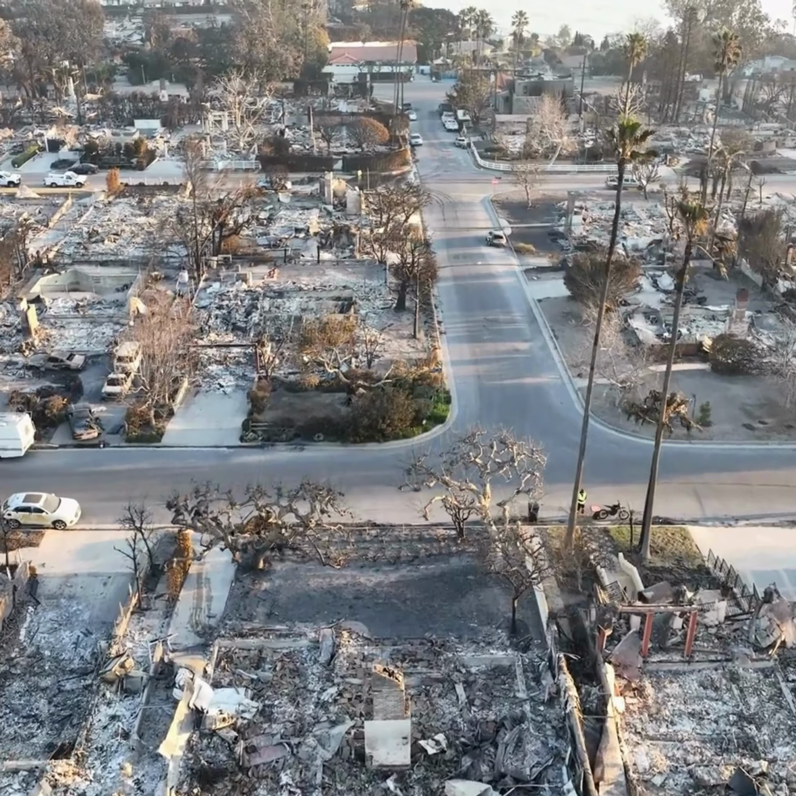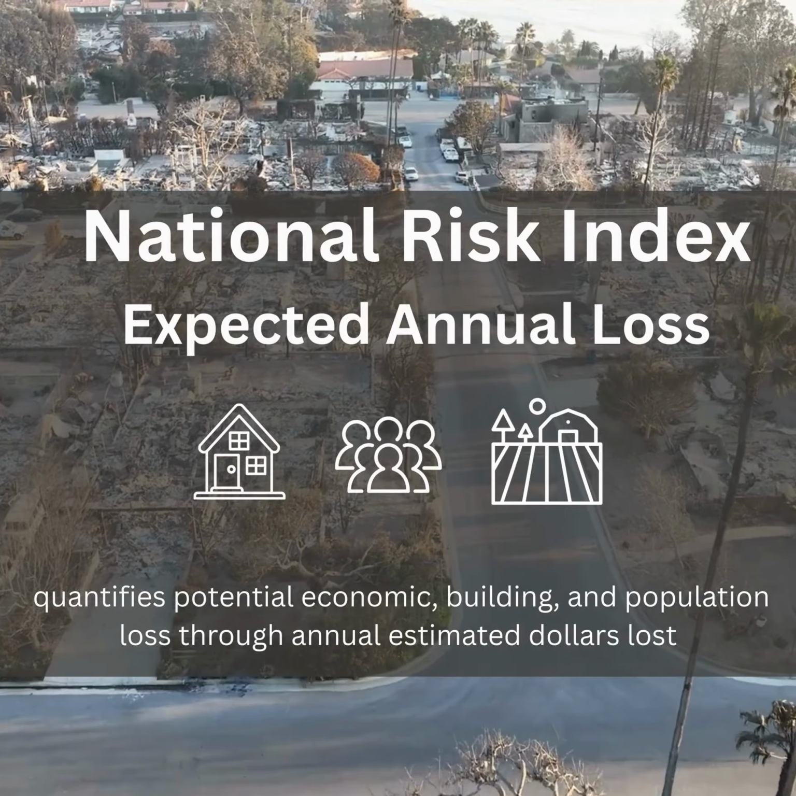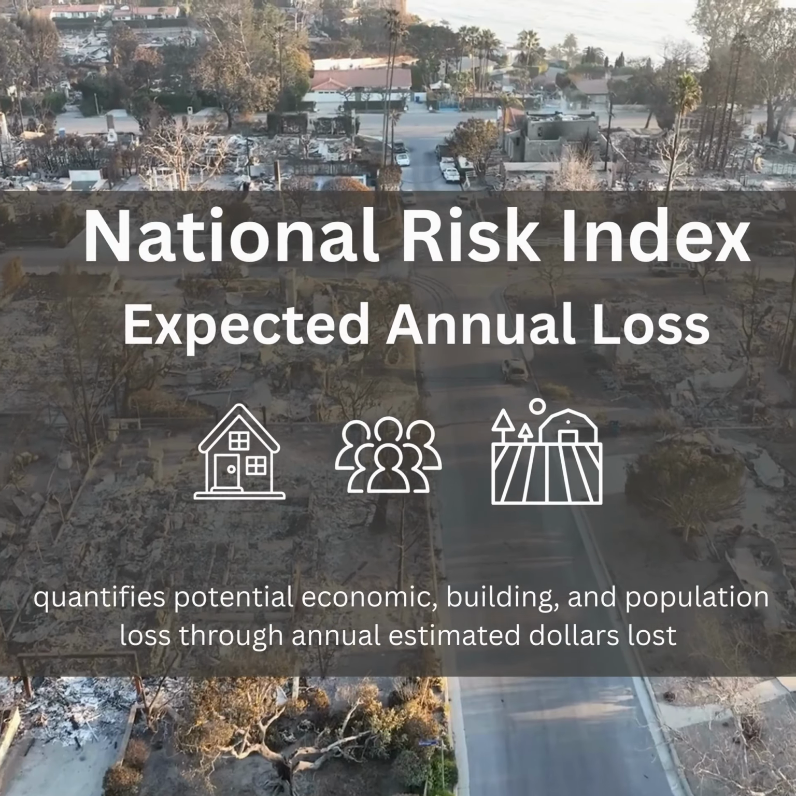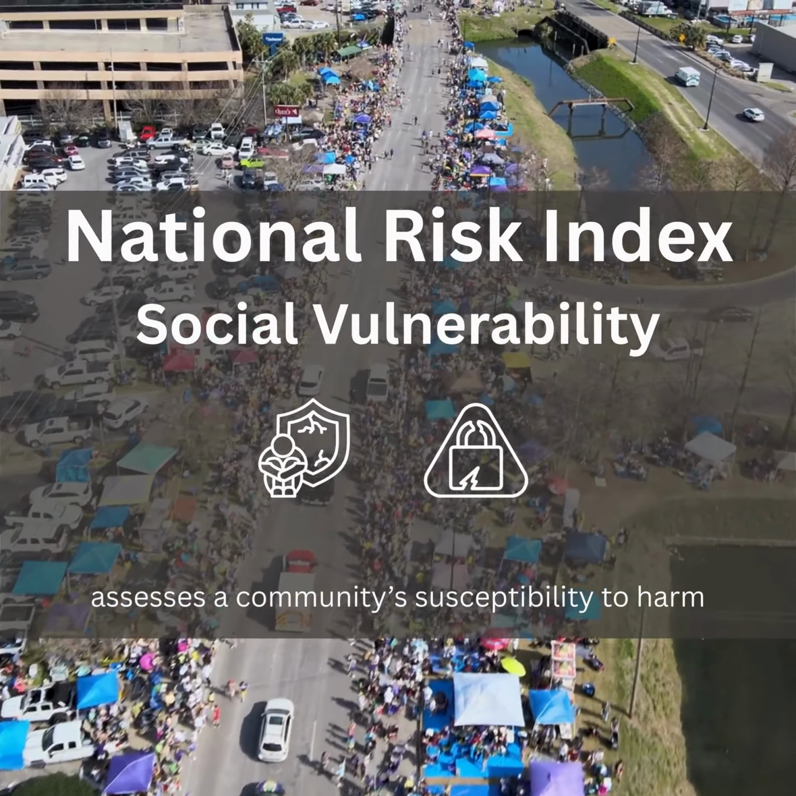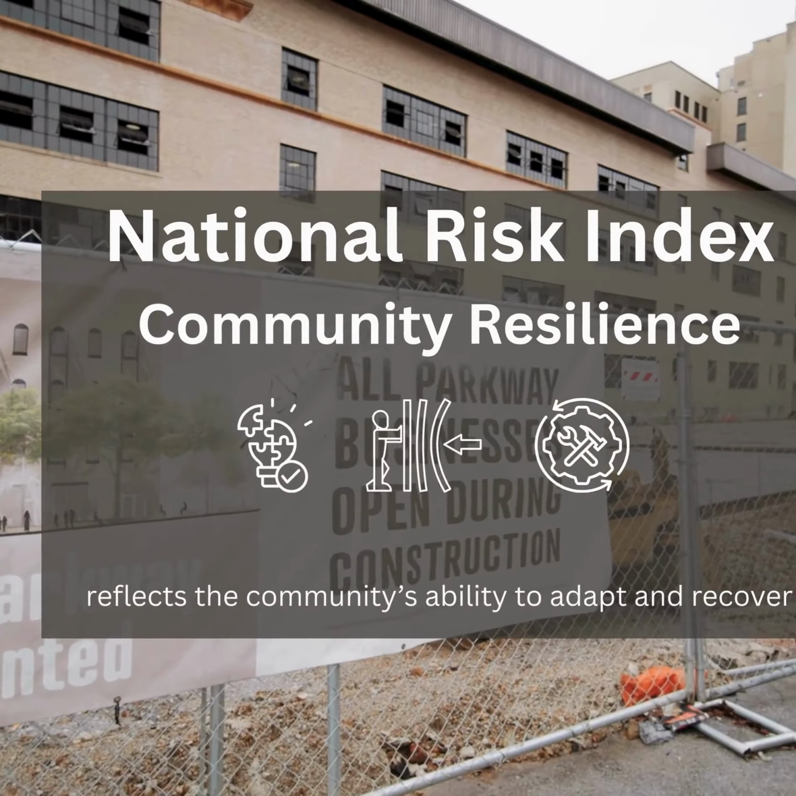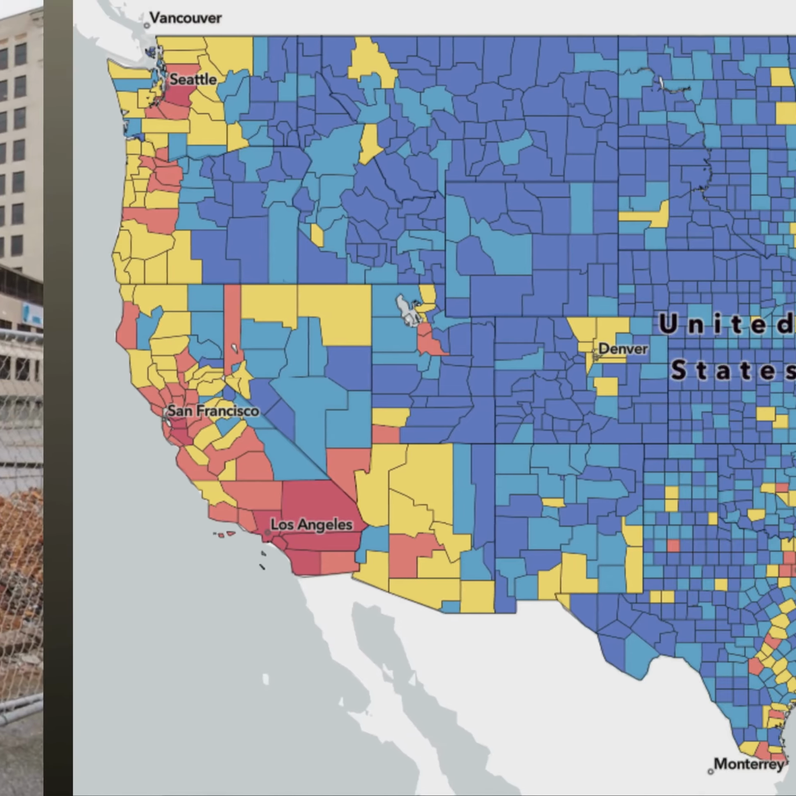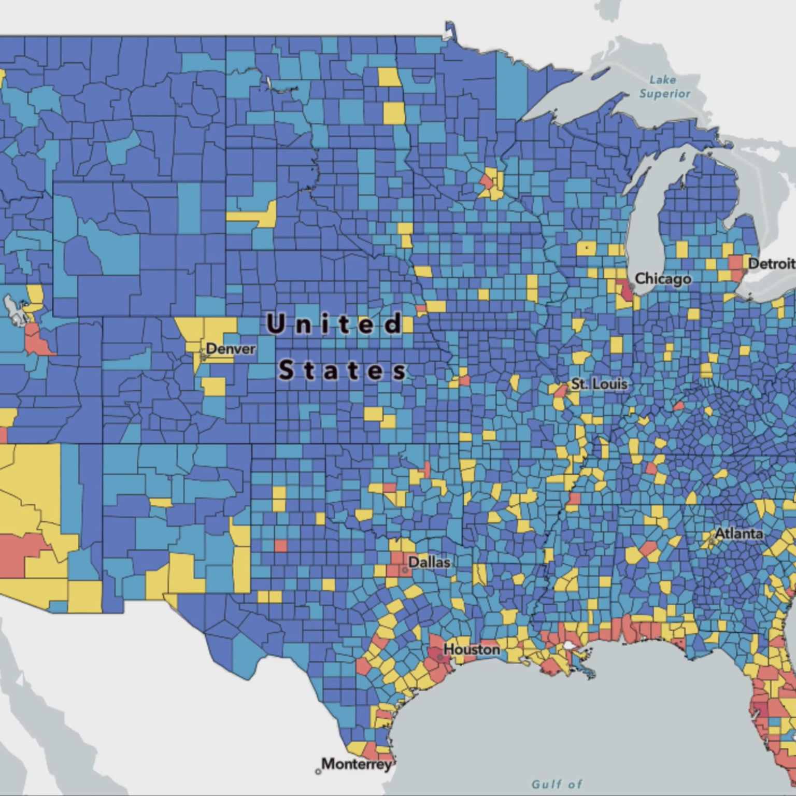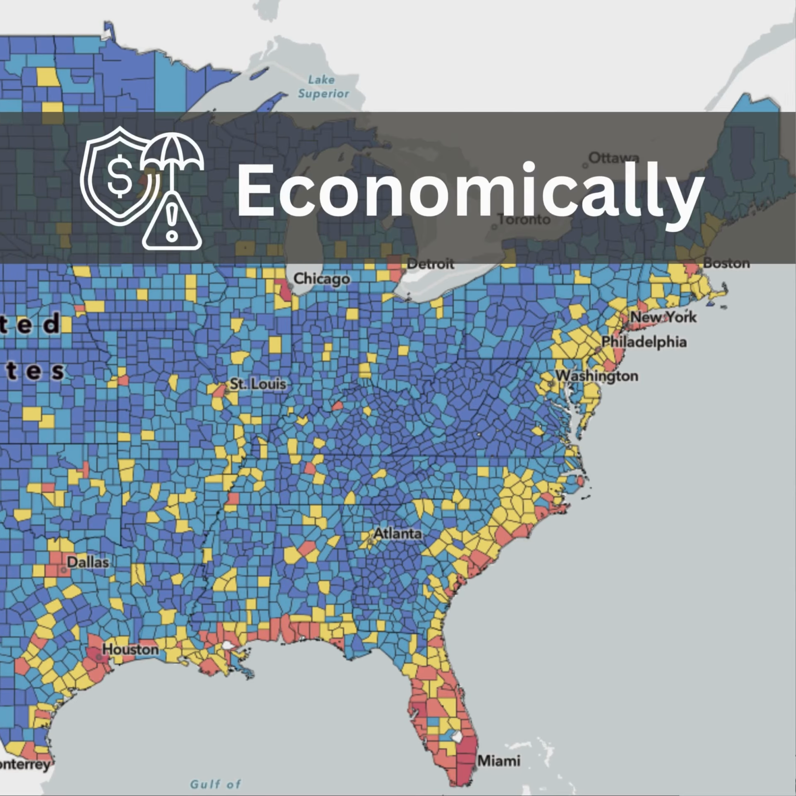It integrates three core components: expected annual loss, which quantifies potential economic, building and population loss through annual estimated dollars lost; social vulnerability, which assesses a community's susceptibility to harm; and community resilience, which reflects the ability to adapt and recover. This combination creates a holistic picture of where natural hazards are likely to cause the greatest impact, economically, socially,